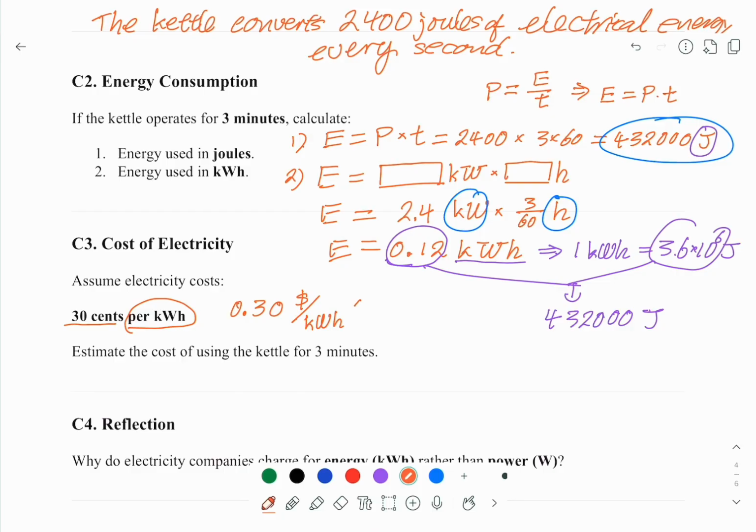And how much energy do you use? You use 0.12 kilowatt hour. So you can say this and this, they cancel, and you got a number, and this number is equal to